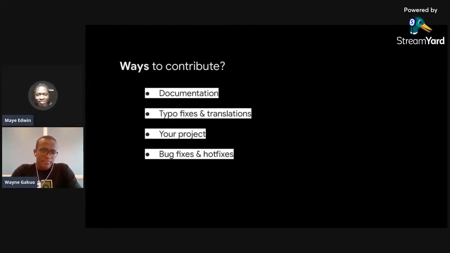Another one is typo fixes and translations. You want to translate it into Chinese, into Swahili, into whichever language, you could also do that. I've seen some of these huge projects, people are actively contributing to documentation and translating it into their native languages to increase the base of people who can understand this publicly made software or source code resource.